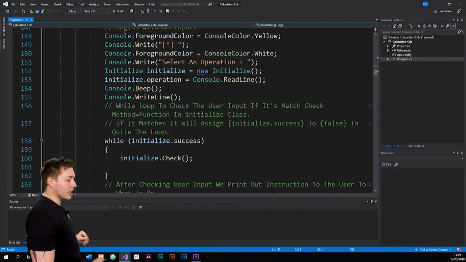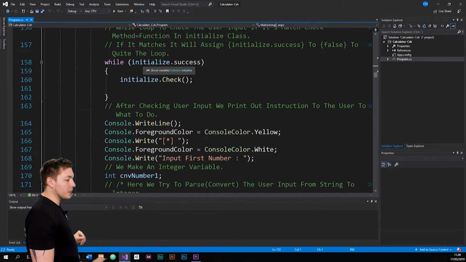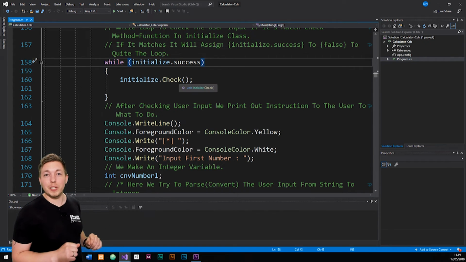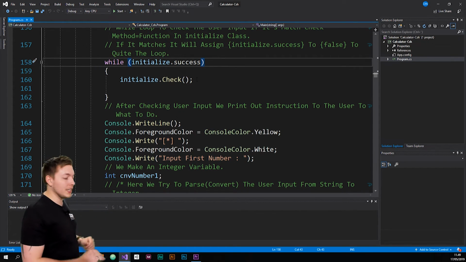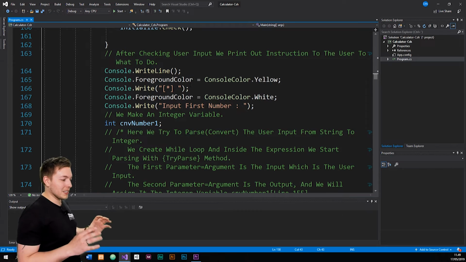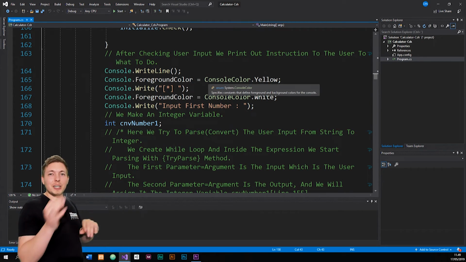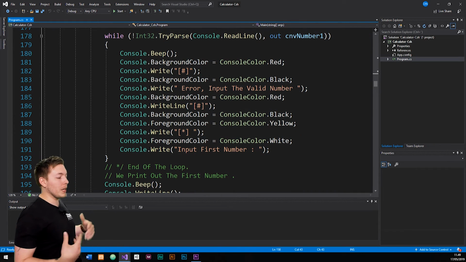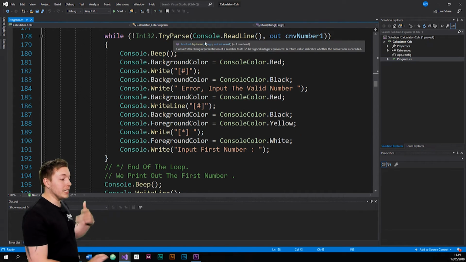If we go a little bit further down, you can see that we also have a while initialize is set to success, which I guess is checking whether or not we have started up the application correctly. It is going to go ahead and start. Let's see. It's kind of confusing looking at things when we have a lot of interface coloring mixed in between. But as you can see, we're asked to input valid numbers, and he is parsing it